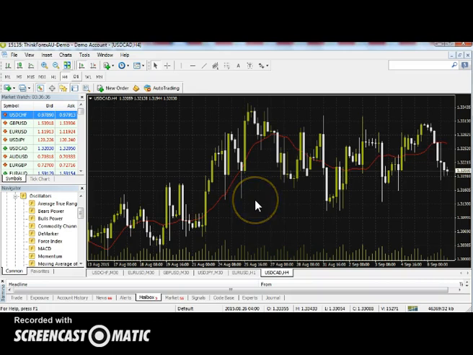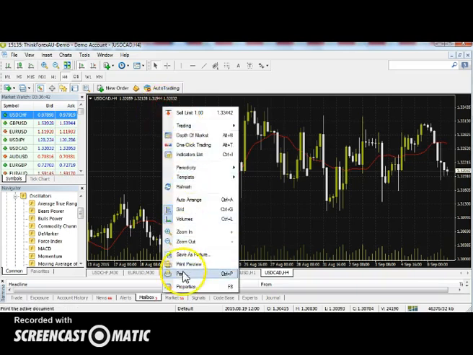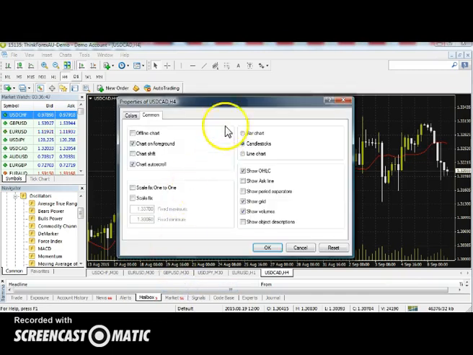But now we want to absolutely change the colors and the look of it. So the next thing is right click, and right at the bottom we want to click on Properties. Okay, and that brings us a little window. It's a properties window for the USD Canadian dollar, and you can see two tabs on top, the common and the colors. So the very first thing, this is the common tab that's open,